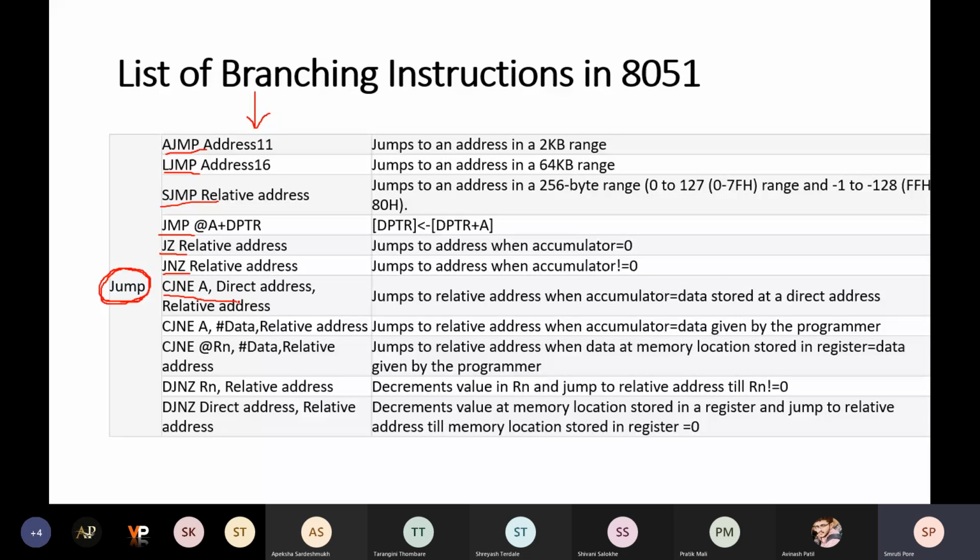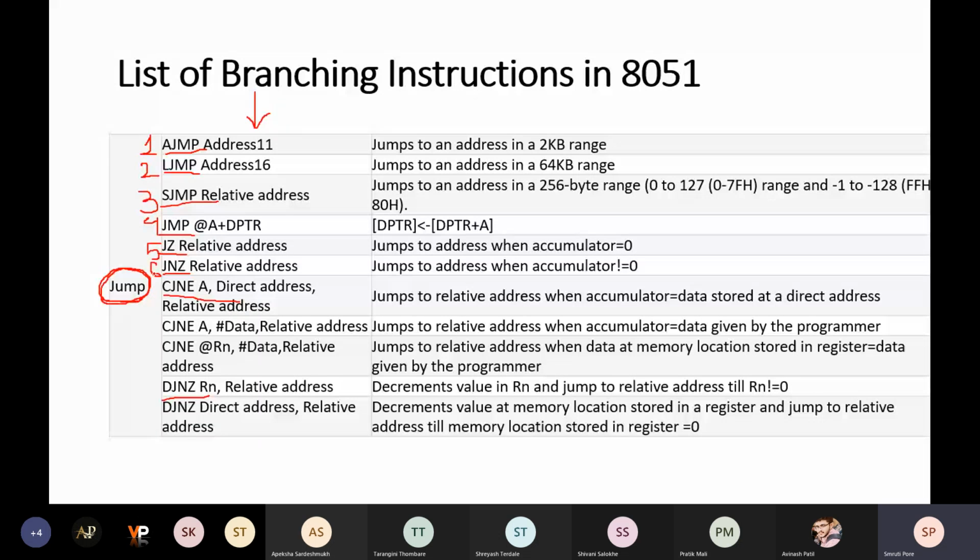Then DJNZ. What you have to remember: the first one is AJMP, that is absolute jump. Second is LJMP, long jump. Third is SJMP. Fourth is JMP. Fifth is JZ. Sixth is JNZ.